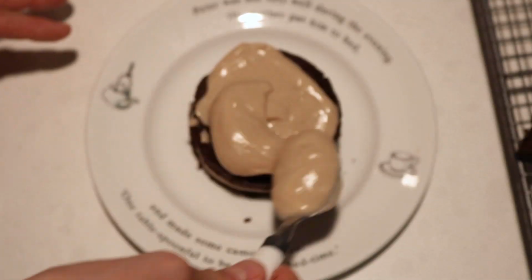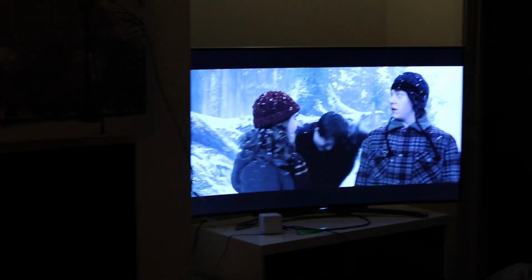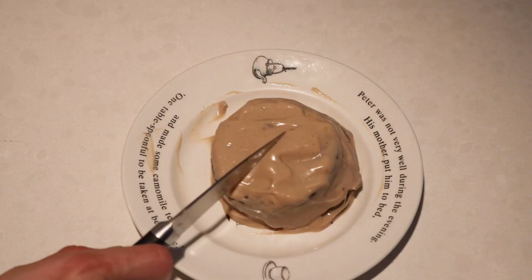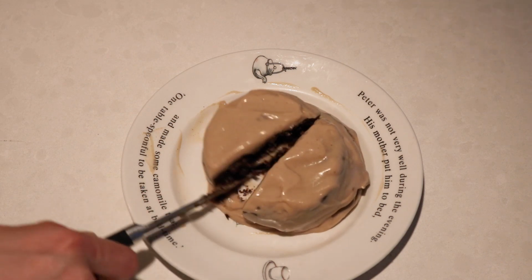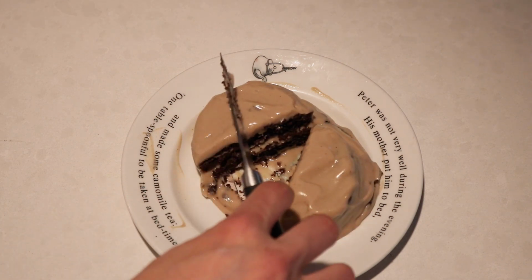And me and my boyfriend were watching Harry Potter. We're going through all the Harry Potter movies at the moment, so that was fun. Hence why you're not going to see an actual taste test, but this was really, really yummy, and would recommend